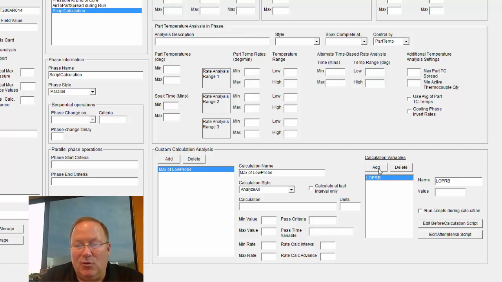Then I'm going to add another variable called max of low probe, or I can just call it max. Now, why do I have two of these? Because I'm going to look at the low probe in my scripting, and determine what the max value is using a max variable. So I'm going to compare the low probe with the max. The other thing I want to add is when I do find the max, I want to record the run time where that max occurred. So here I'm going to